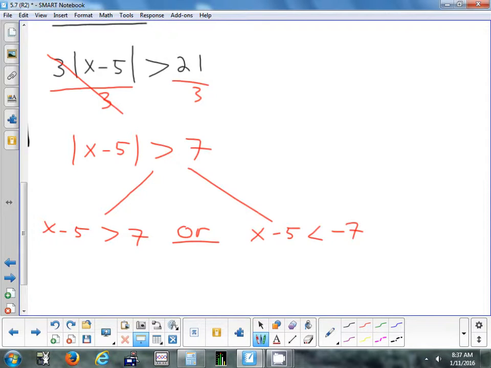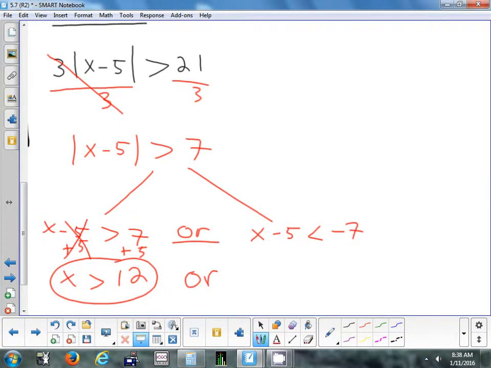Gage, how am I going to move that number to the other side? Divide it. Well, did you add it? Add it. Yep. So plus 5, plus 5. So I get x is greater than. Chloe, you think you can do this one? 7 plus 5? 12, good. All right, so we got x is greater than 12. Okay, don't stop yet. That's just the first one. We got to get one more. Or,